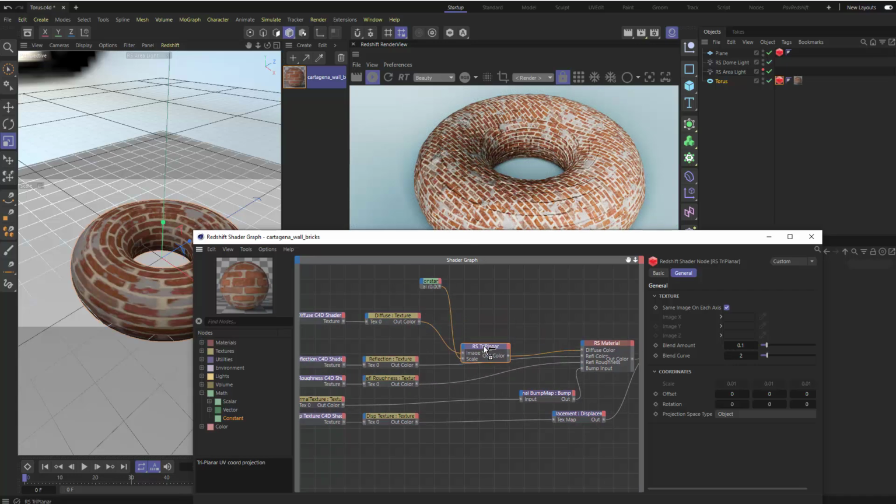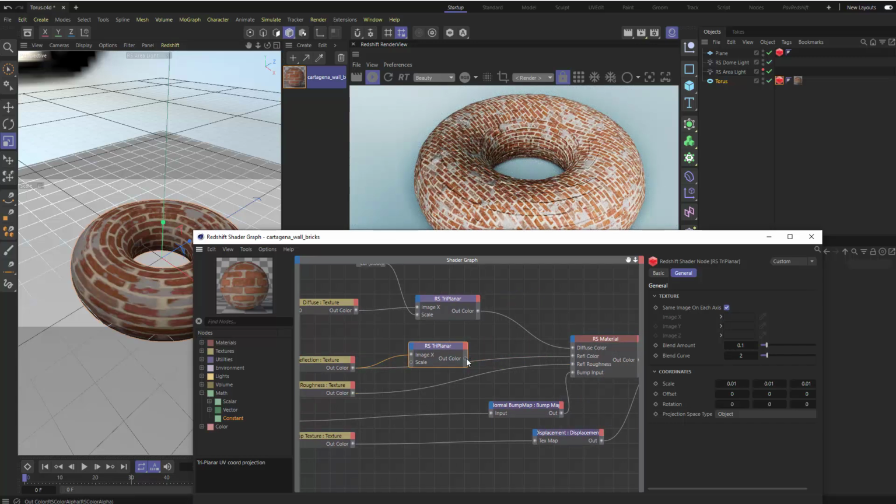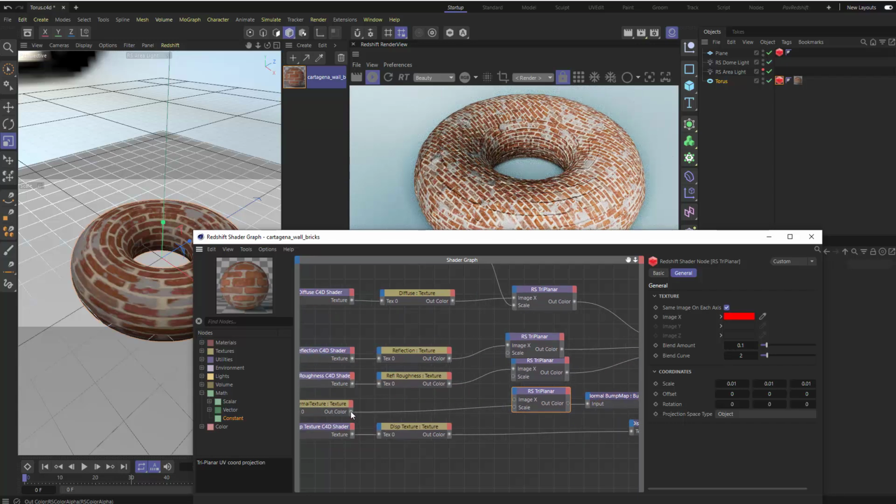Hold down Control and drag out a copy of your triplanar. Then for each of these, I'm going to take, in this case, the reflection out color into image X, and then plug that into my reflection color. Control drag out another copy of the triplanar. Same deal here: image X to reflection roughness. Drag out a copy. This is going to be our normal map